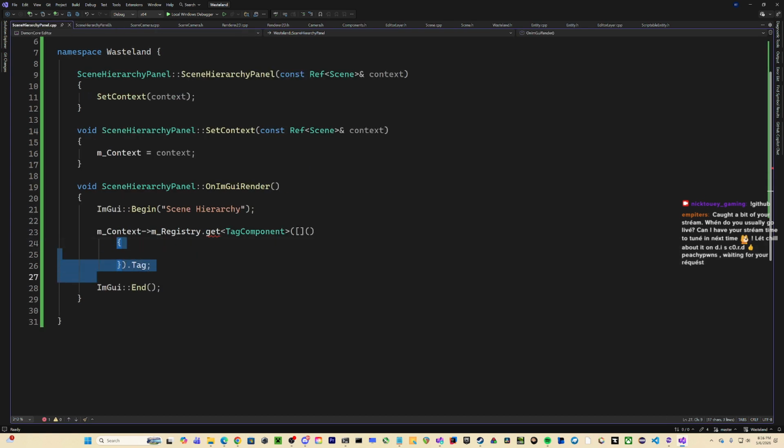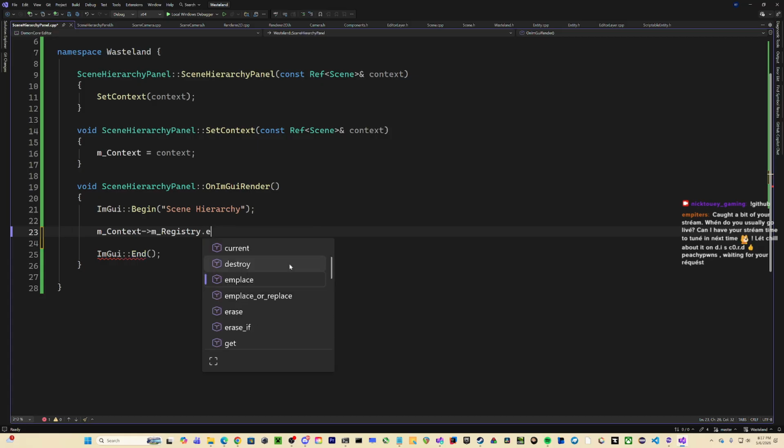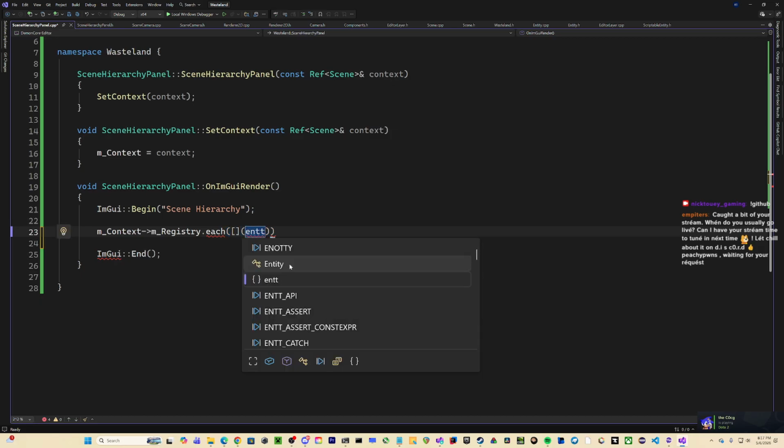What? Gonna have to do some messing around with this. Bullshit. I'm just gonna put each, even though I know that it probably won't work for a little bit. Definitely get away with it for a little bit.